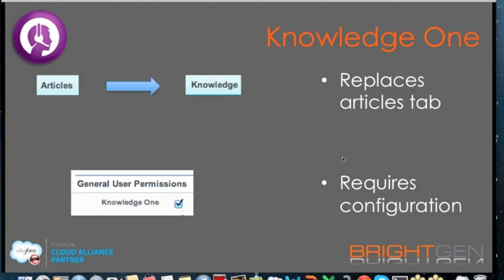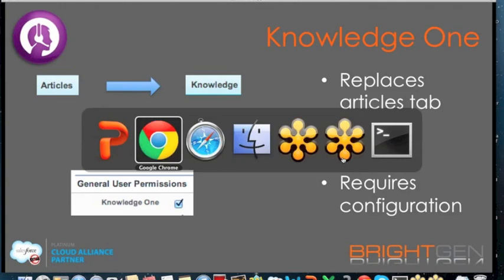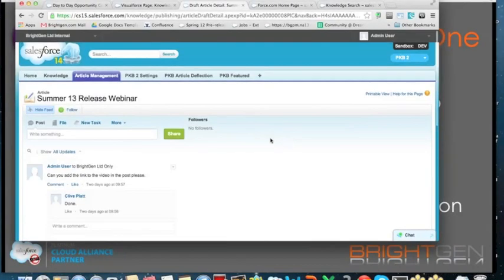And it also, if you configure it up, and I'm not suggesting this is a straightforward configuration, but you can hook in the likes of SharePoint so that you can run a federated search, which searches your Salesforce knowledge base and also your SharePoint knowledge base, should you have such a thing. You have to configure Knowledge One users via their profile or permission sets, and they need the Knowledge One general user permissions. So if I go back to my demo org,